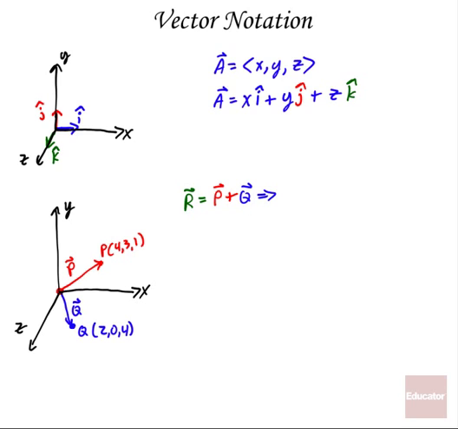Therefore, let's write p as equal to 4, 3, 1 in this bracket notation for vectors, and vector q is equal to 2, 0, 4 in vector bracket notation. Well, if the left-hand side is equal to the right here, and the left-hand side is equal to the right here, if we add the left-hand sides and add the right-hand sides, they should still be equal. So what we can say then is if we add those two, we can add those two. Therefore, p plus q